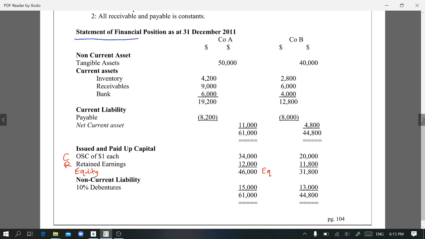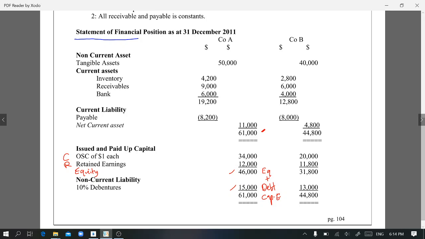Equity. And then shareholder pumps in 46, they borrow 15. So now how much do they have? They have 46 from shareholder, they have 15 from borrowing, they now have 61,000 as capital. So we call this capital employed. Capital employed is equity plus debt. Okay, so 61,000